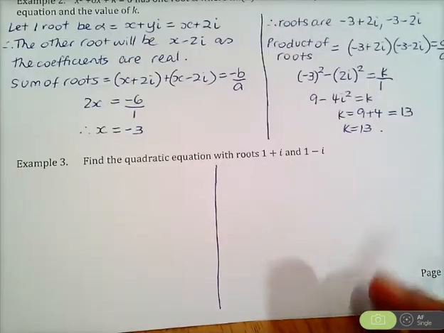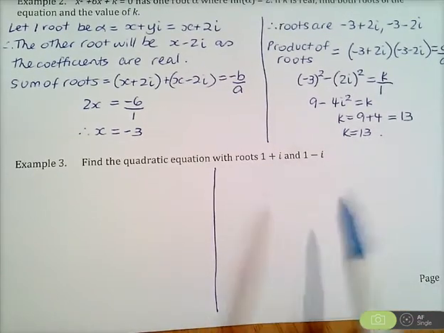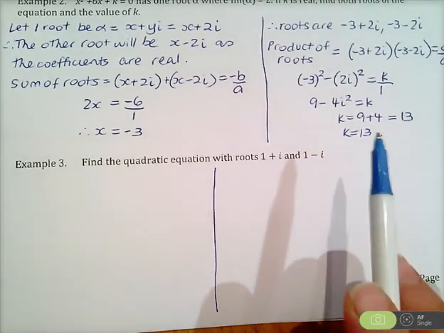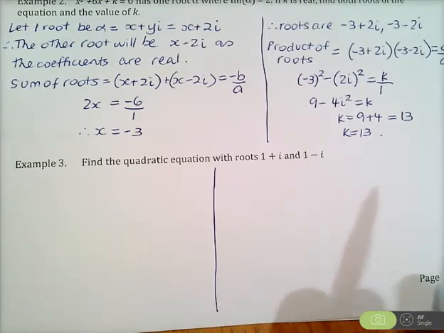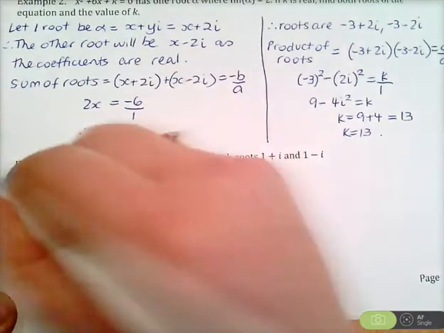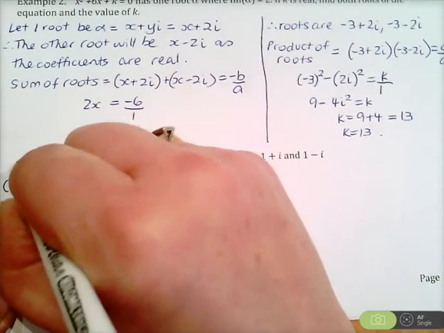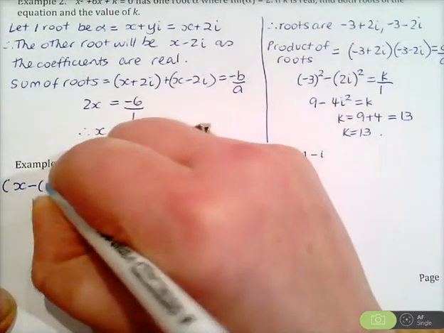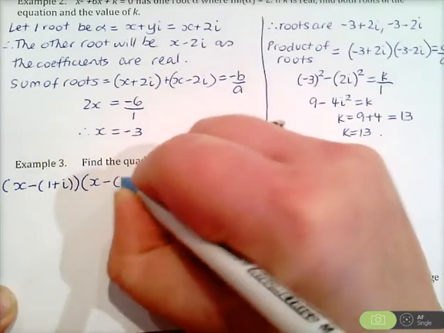Normally, if you knew the roots of your quadratic equation were, let's say, 2 and 3, you'd write that your quadratic equation is x minus 2 bracket x minus 3 equals 0. So we're going to do the same thing with this. If these are my roots, then my quadratic equation is x minus the first root times x minus the second root